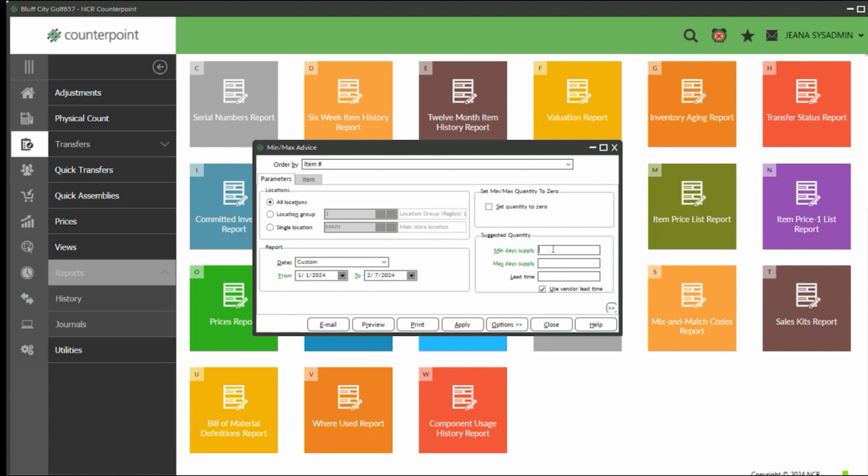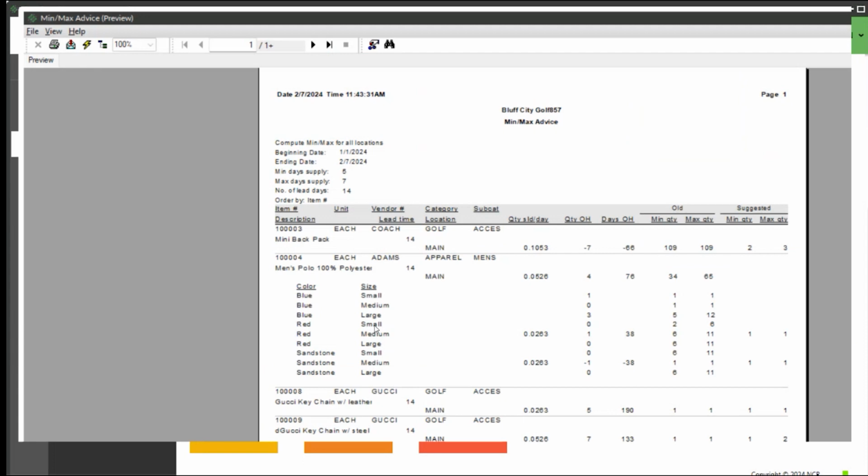And then, of course, you want to give the parameter some instructions. I don't want more than 5 in stock or less than 5 in stock. Never want to have more than 7. My vendor, it usually takes them 14 days to get me merchandise. And so then when you preview, make this bigger,